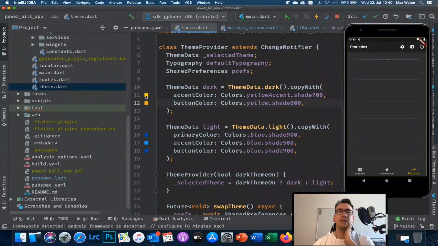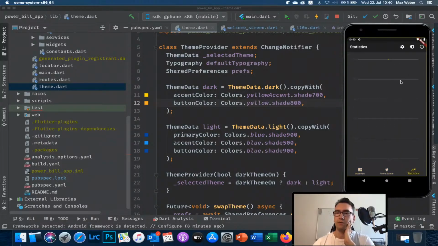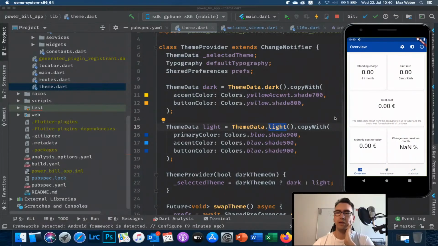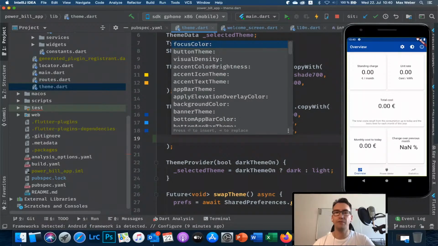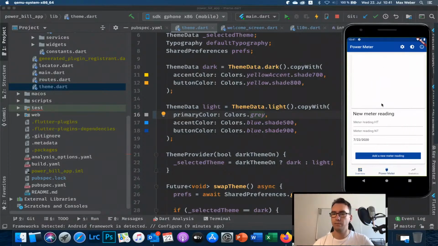Because it has something to do with power, I decided that most of my information tools will be yellowish. And with that you can just override it. And because the dark and light theme are already there, you don't really have to change a lot to make that possible. And the cool thing is you can really change all the different things, right? So if I don't like the primary color here, we can just change the color to gray, for example, or green. Let's make gray. And thanks to hot reload, I think most of the stuff should also change right away. Oh,